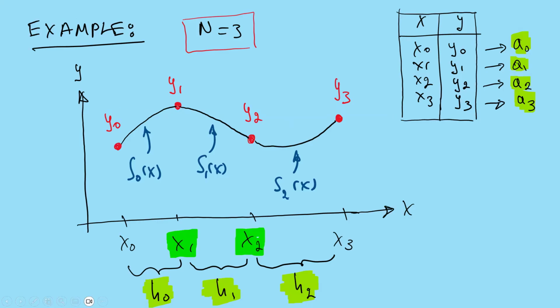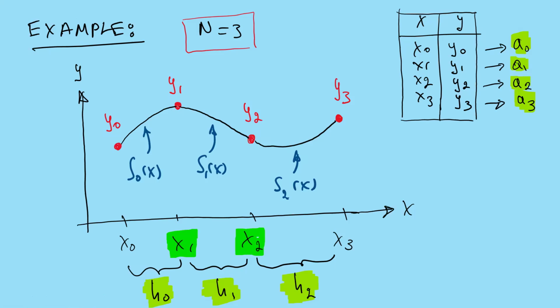Since we have four points, the number of intervals is three: one, two, three. So we have three spline functions, S sub 0, S sub 1 and S sub 2, one for each interval. For example, S sub 0 corresponds to the interval from x0 to x1, and similarly for